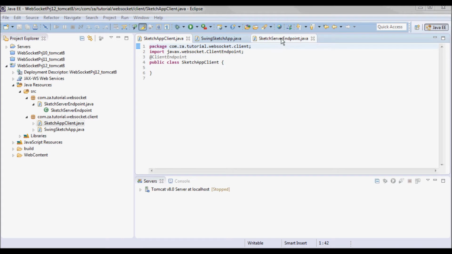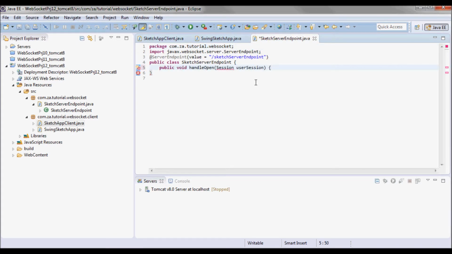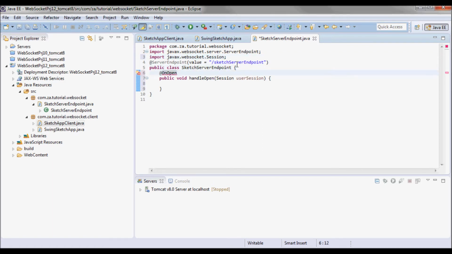Now in Sketch Server endpoint, I'll have this method handle open that will handle opening a new WebSocket session. So I'll import javax.websocket.Session, and I'll annotate this method with the onOpen annotation.